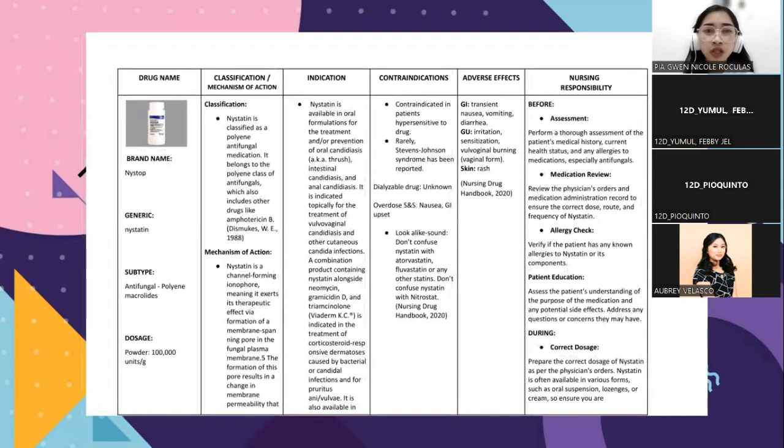Okay, so classification and mechanism of action of this drug. So Nystatin is classified as a choline antifungal medication. It belongs to the choline class of antifungals, which also includes other drugs like amphotericin B. Mechanism of action, Nystatin is a channel forming ionophore, meaning it exerts its therapeutic effect via formation of a membrane spanning pore in the fungal plasma membranes. And the formation of this pore results in a change in membrane permeability that, next slide,